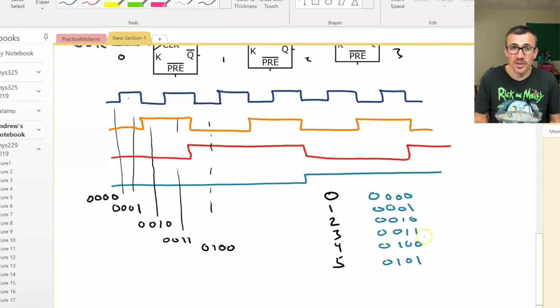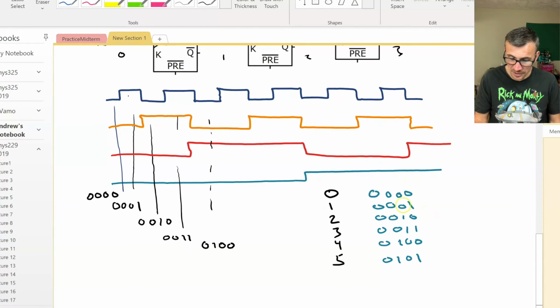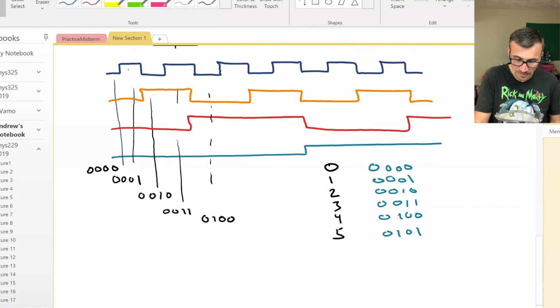0, 1, 0, 1, 0, 1. That's our 2 to the 0. Our 2 to the 1 column, 0, 0, 1, 1, 0, 0, 1, 1. Our 2 to the 2 column, 4 zeros, 4 ones, and it'll be 8 zeros until we get all the way down,